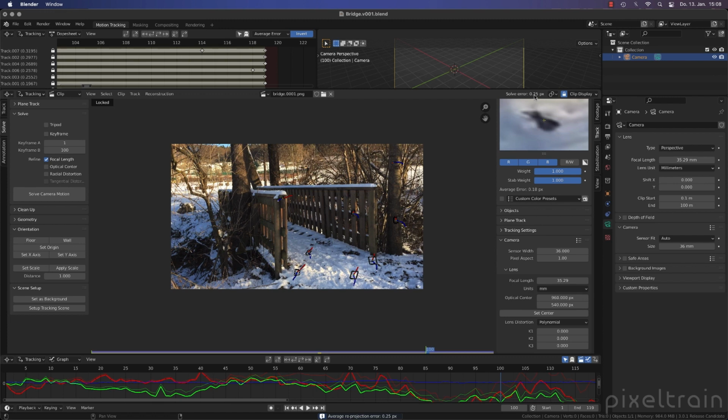Now we have 0.25. That's good. And you see now we have a focal length around 35 millimeters. And I think that's quite close to the lens I used here. You see, it's not always a one-click solution. You really have to find good habits here, how you approach this shot.